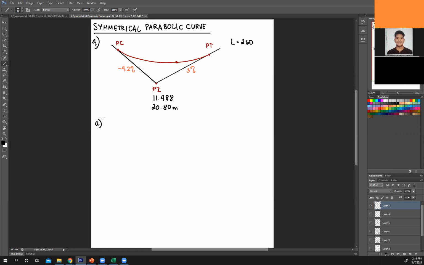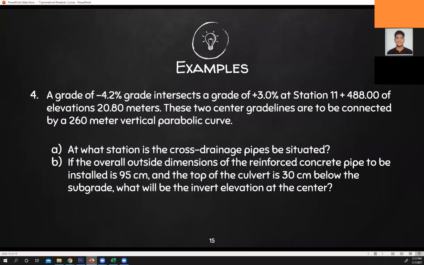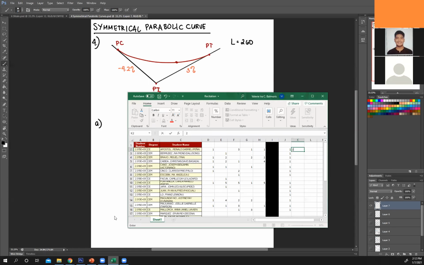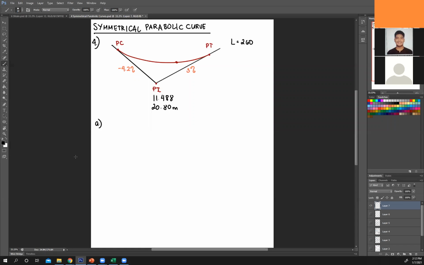Again, where should I put my pipe within this parabola? Imagine it's a drainage pipe. So where should it be? Lowest point. Correct, Justin. Lowest point. Why? Because at the lowest elevation, that is where all your water will collect. So that is where your drainage should be.